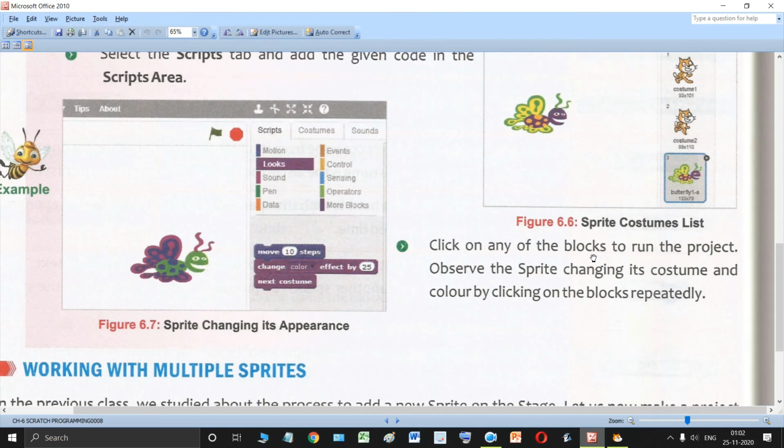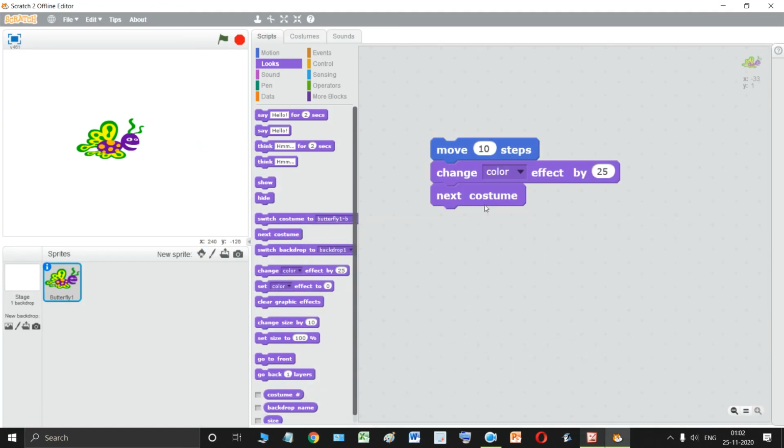Now click on any of the blocks to run the project and observe the sprite changing its costume and color by clicking on the blocks repeatedly. So what we need to do is click on any of these three blocks repeatedly. Okay, so I'm going to click on this block. See what is happening.